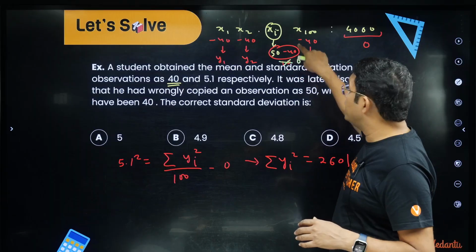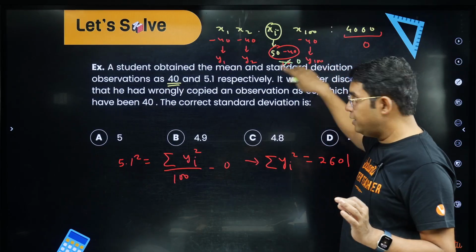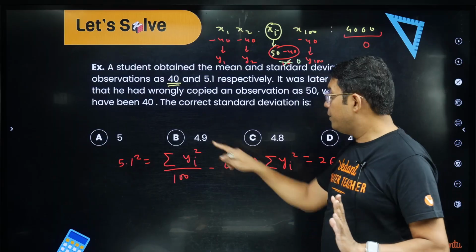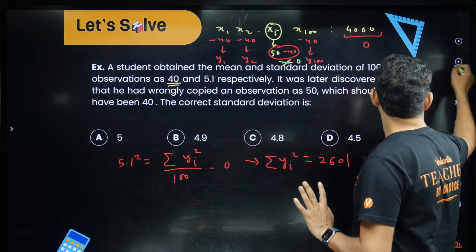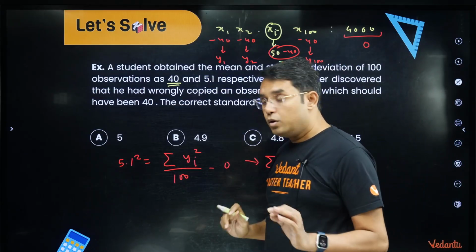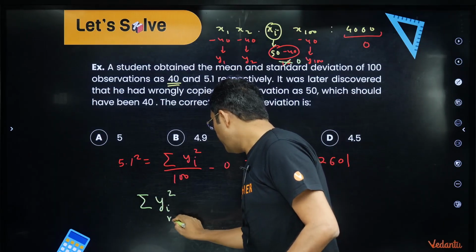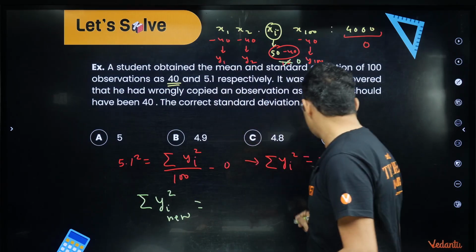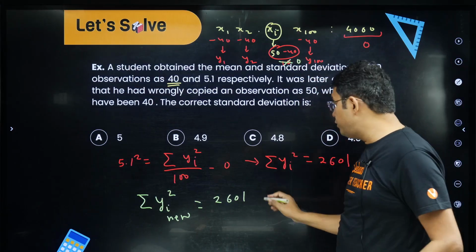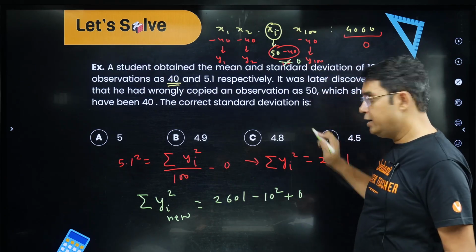So my old, wrong entry, 50 minus 40, which was 10, will now be replaced with 0. So in this case the new, or correct, sigma yi square will be 2601, from which 10 square will be removed and 0 added. So this will become